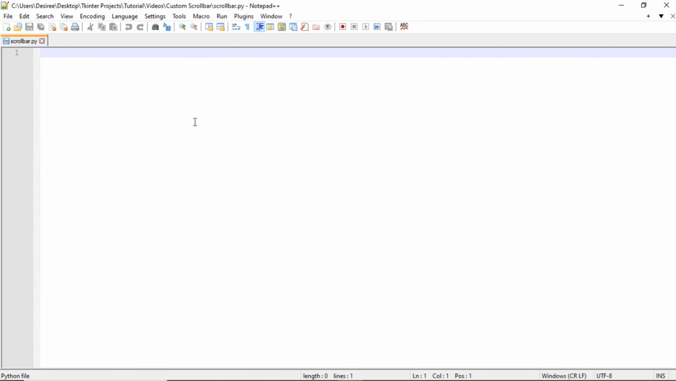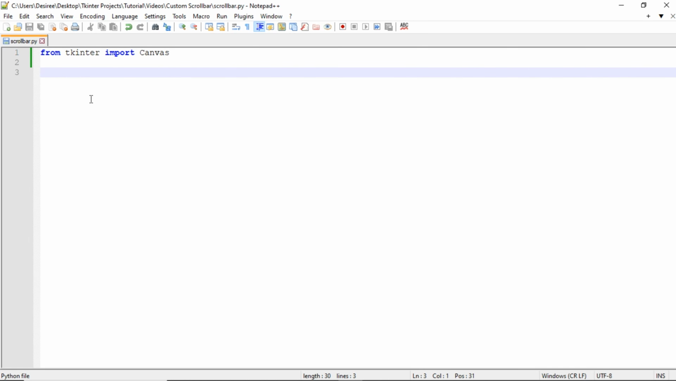You're going to want to open up a new .py file that's dedicated to just your scrollbar code. We're going to use the Canvas widget to draw the scrollbar, so we're going to import it into the file. We'll do from tkinter import Canvas. Next, we're going to create the Scrollbar class and have it inherit from the Canvas. So class